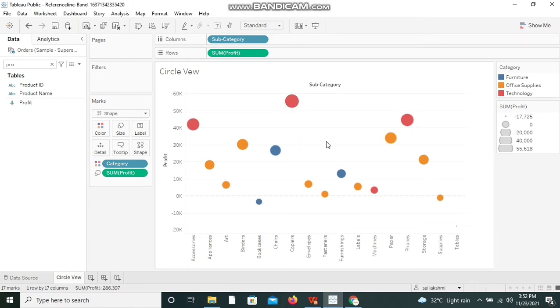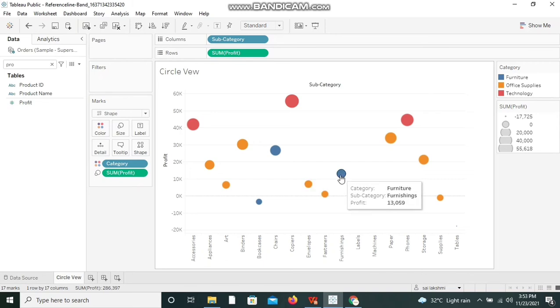And now we even have comparison on top of this also, because some circles we are easily able to figure out that these are small circles and this is slightly bigger than this and this is really big.